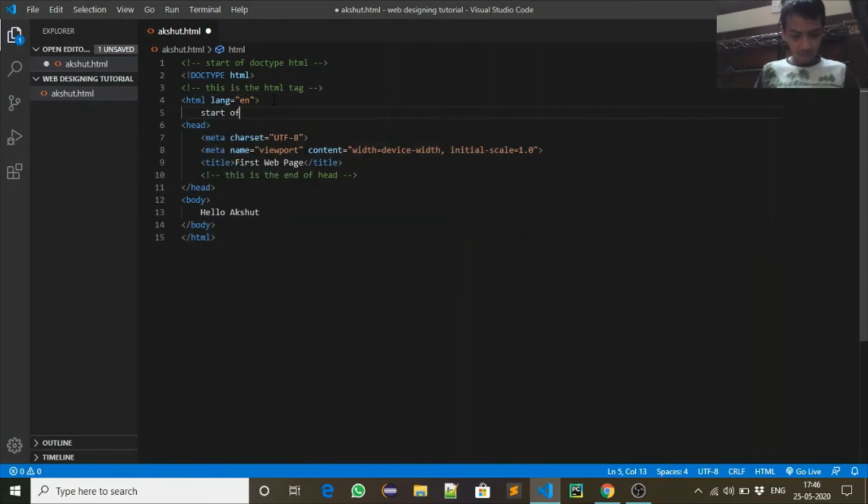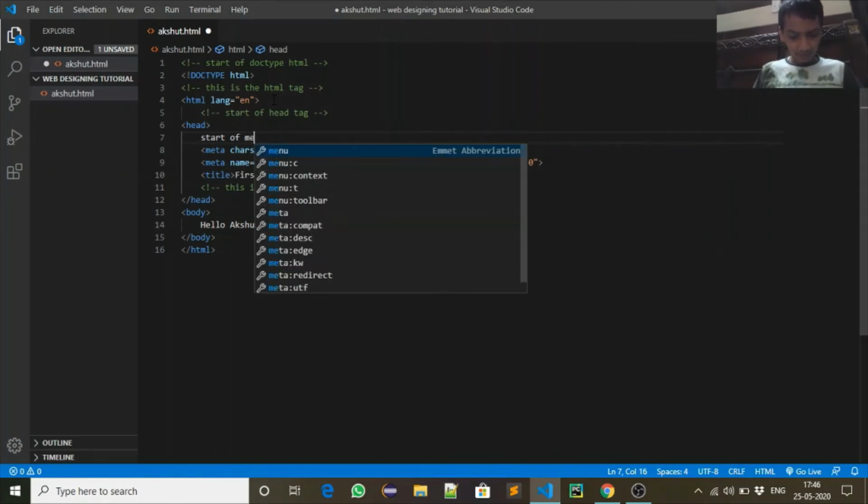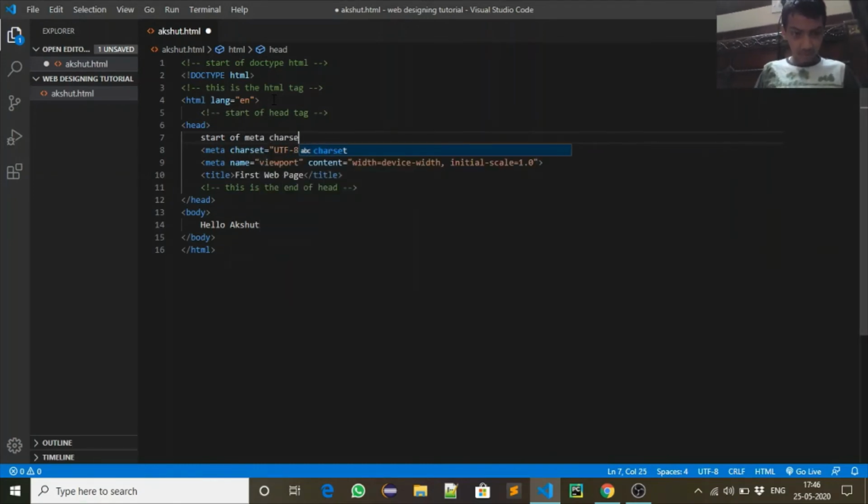Start of head tag. Wait 1 second. Start of meta tag.